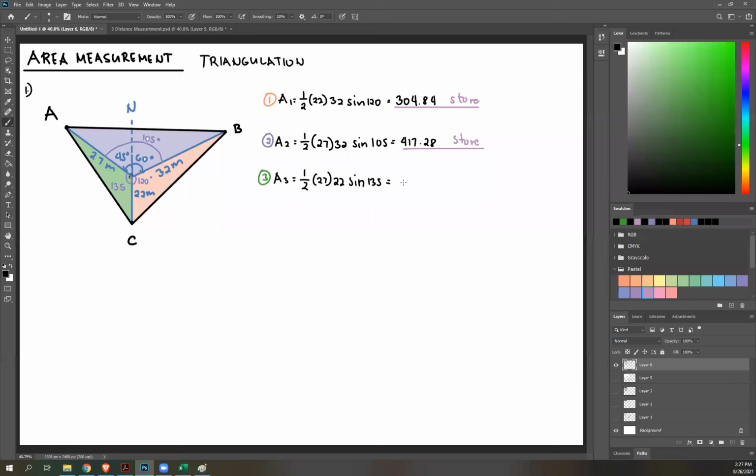So it's 210.01. Again, store. And then to get total area, that's just A1 plus A2 plus A3. Please solve, what's the final answer? Okay, correct, it's